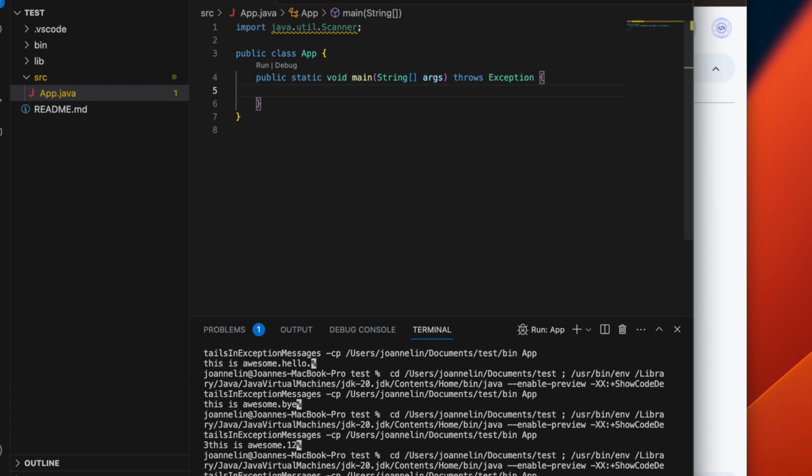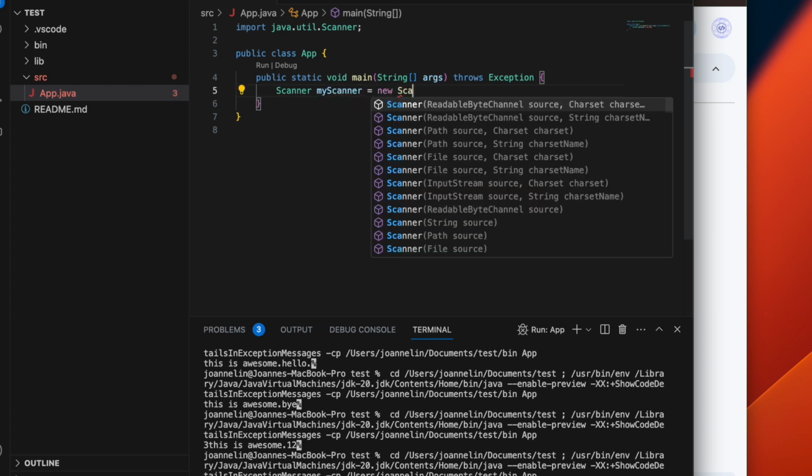And the first thing that I'm going to do is create a scanner object, which means I'm creating something that I can use in my code from the scanner class that I've imported into my code. So I'll do Scanner, which calls my class, and I'll name it myScanner. And then I'll set it equal to a new Scanner